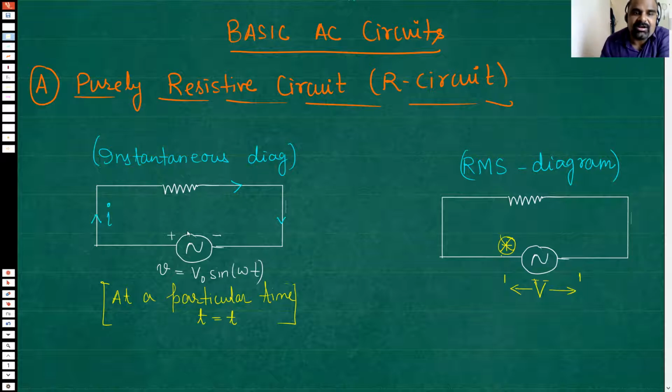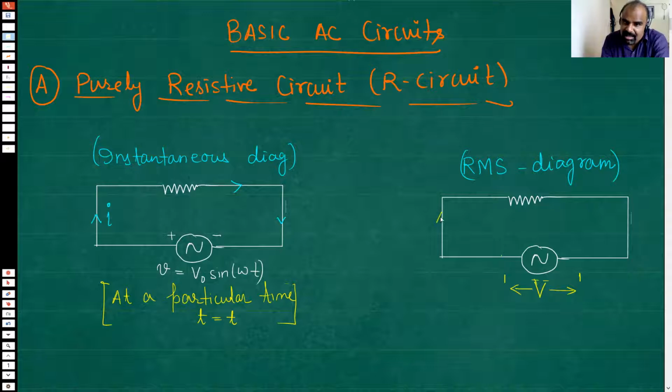The diagram on the left side is valid only for that particular time. At that particular time, this was the positive terminal, the current was clockwise, and the voltage and current had particular values. But here we are drawing an average diagram. So on an average, is it a positive terminal? No, sir, it keeps varying. So we should not show positive or negative terminals, and whatever voltage you show, it should only be RMS.